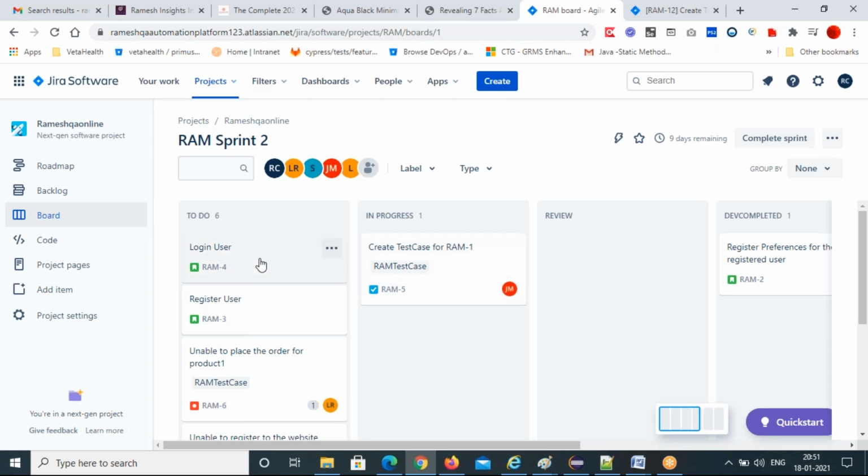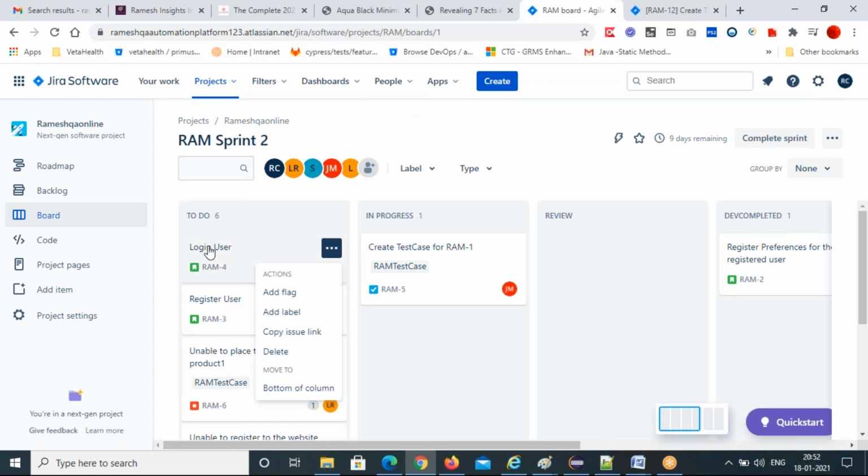So stories, who will work? The developers will work. And that story, everybody reads all the stories. For example, tomorrow he is working on this. So I'll assign to some developer. Suppose this login user and register user, I'll assign to some tester. So login user, right?